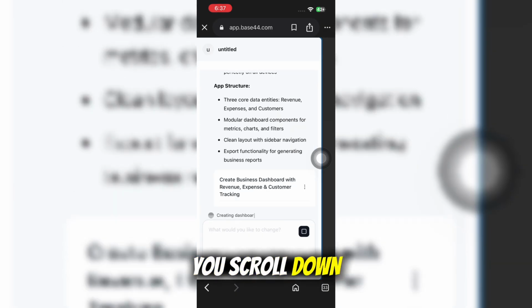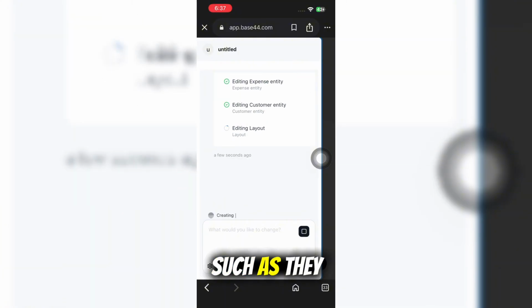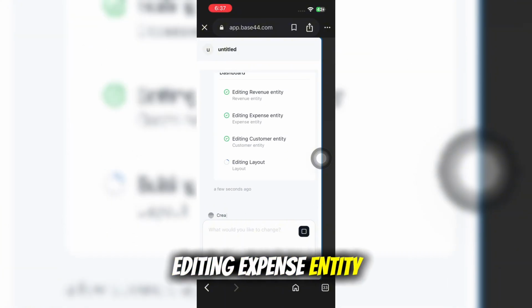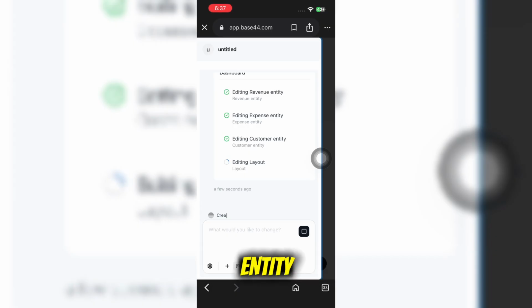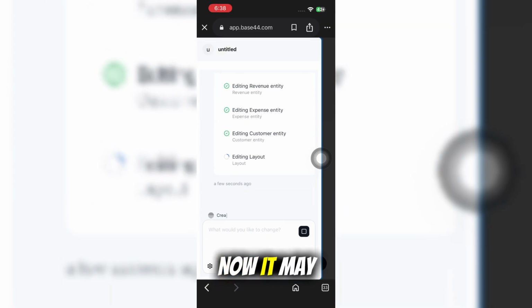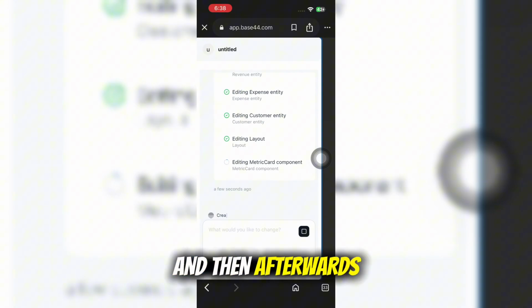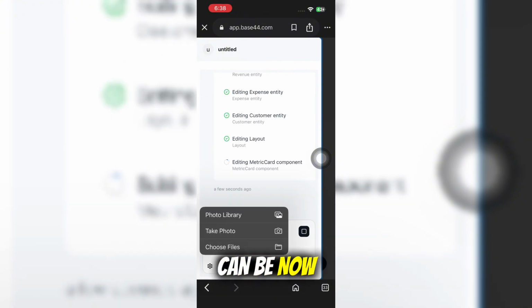And then as you scroll down, you will see their different prompts, such as they are now editing the revenue entity, editing the expense entity, and editing the customers entity. Now the last one is editing the layout for the report dashboard. Now it may take a few seconds before the final results will come out, and then afterwards the final results can be now seen on your